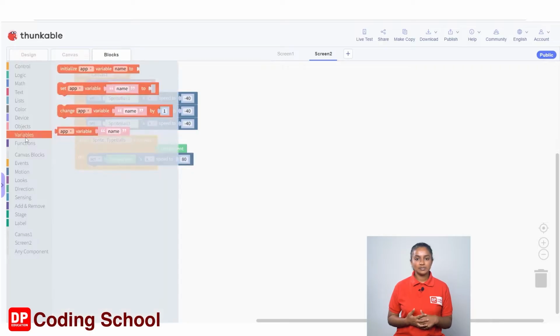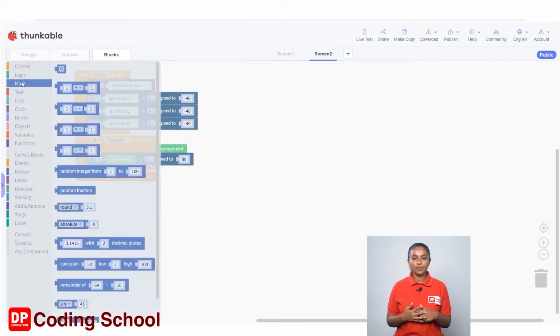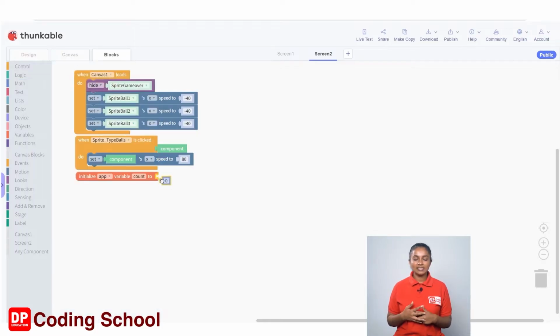I click variables and drag the initialize app variable code block away from the when sprite type balls click code block like this. Let's change the variable name to count. Since the value of the count variable is 0 at the beginning, a code block with the 0 under math is connected here. Next, we can hide the balls that collide in the puddle and also count the balls that